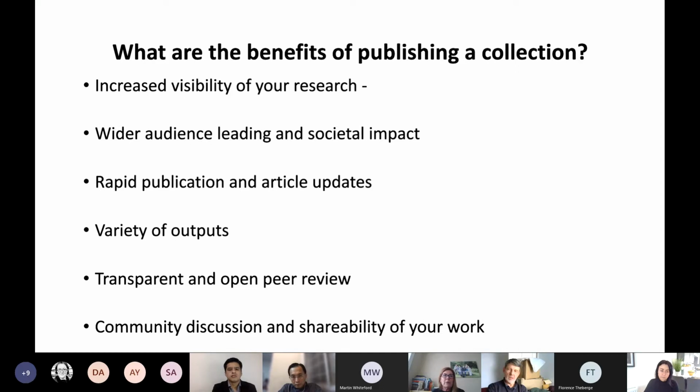And your outputs may also reach more of the communities that we share information with. And in these ways, that could help the work contribute to that societal change more quickly than it otherwise would. Readers can sign up to content alerts from the collections as well. So as soon as a new article is uploaded, they're notified, which brings them to the article and increases that